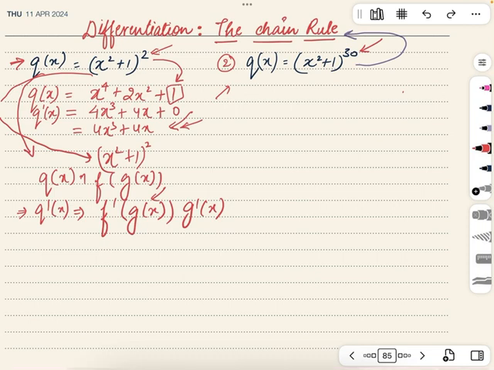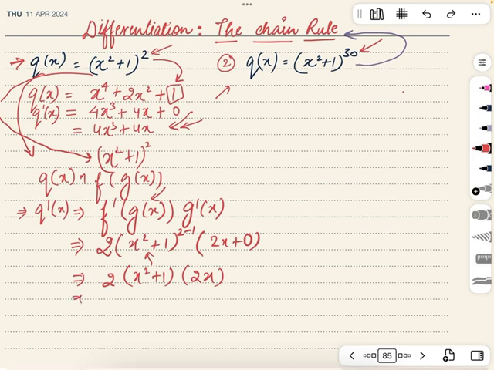So now if I apply the same strategy here, that means if I differentiate (x square plus 1) to the whole power of 2, I'll get 2 times (x square plus 1) to the power of 2 minus 1, which is 1, times the differentiation of the inside function, which is 2x plus 0, right? So this can be written as 2 times (x square plus 1) times 2x, because power 2 take away 1 is just 1. And now if I expand it, I'm going to get 2 times 2,